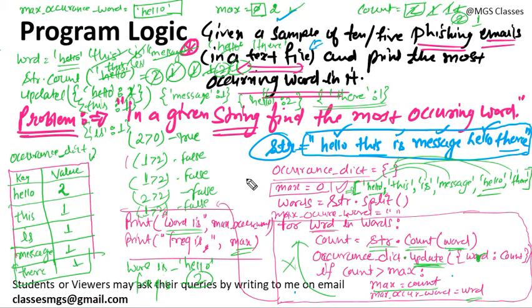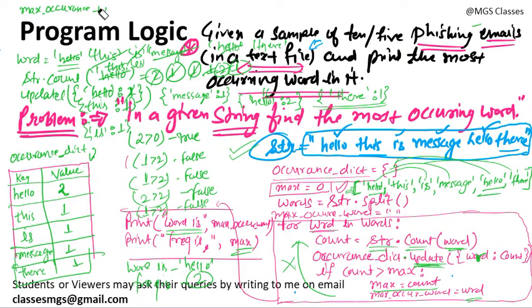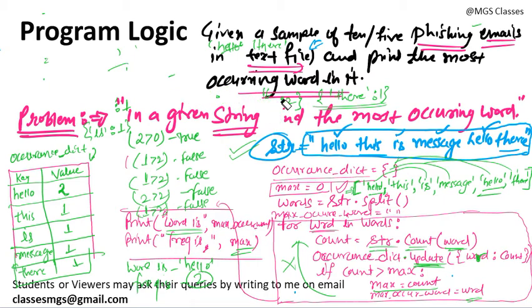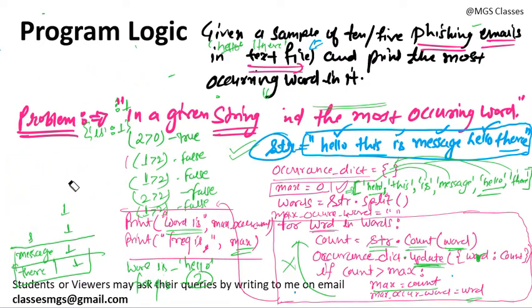Okay, so this is how this problem can be solved. If you can solve this problem for this string, then very easily you can solve this for the file. So now what we are going to do here, I am converting this code for the file. I am removing all those steps, because these are not important now, and I am going to convert this program for file. It looks difficult, but it is a very simple problem. Why? Because if you drag it down to a simple problem, you can solve the simple problem, as I have solved this simple problem.